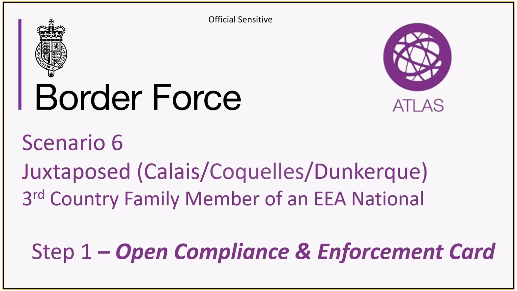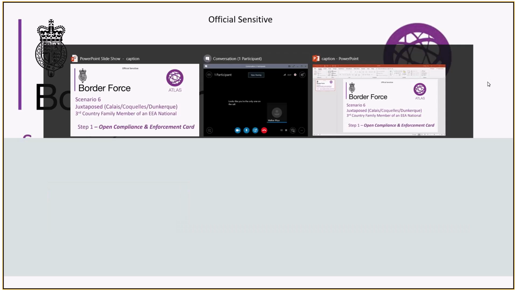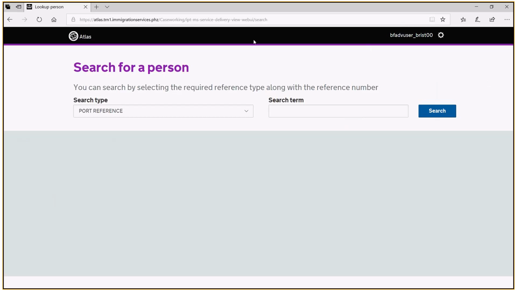the moment. So the first step in any case is to open a compliance and enforcement card. So in this video, that's exactly what I'm going to be showing you how to do. So if I load up Atlas, which I've already logged into, so I'm into the training environment at the moment, and I'm going to enter the port reference number here that's already been generated in SID. Press search,